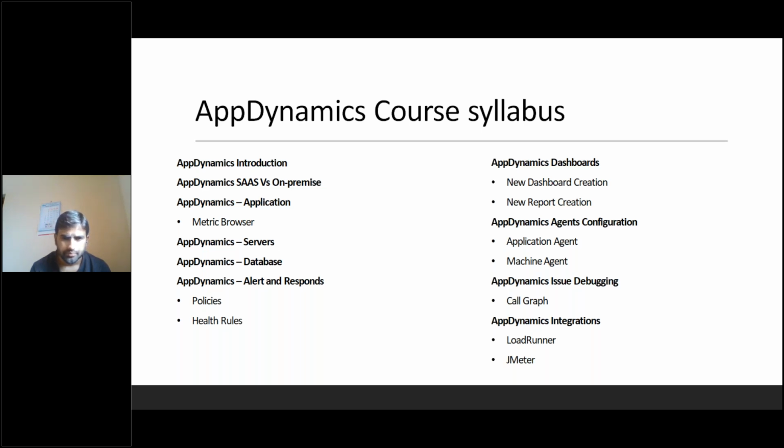And then the third one is database agents. I'm going to show you a database agent for a MySQL database and then a MongoDB database. For these two databases, I'm going to show you how to do the database configuration, how the data can be obtained in App Dynamics, and how you investigate whether it is something related to a DB issue or not. Like that we are going to see.